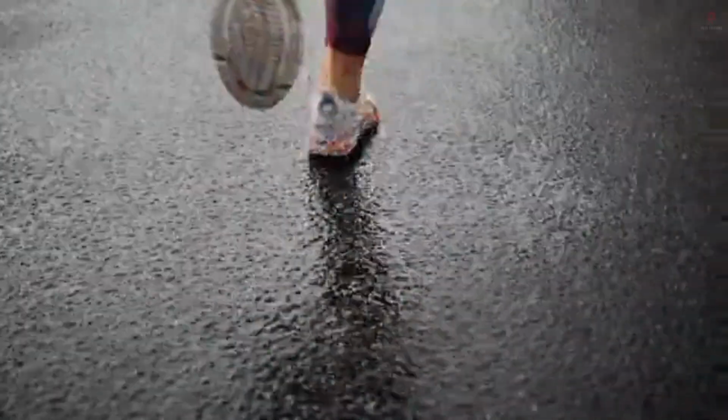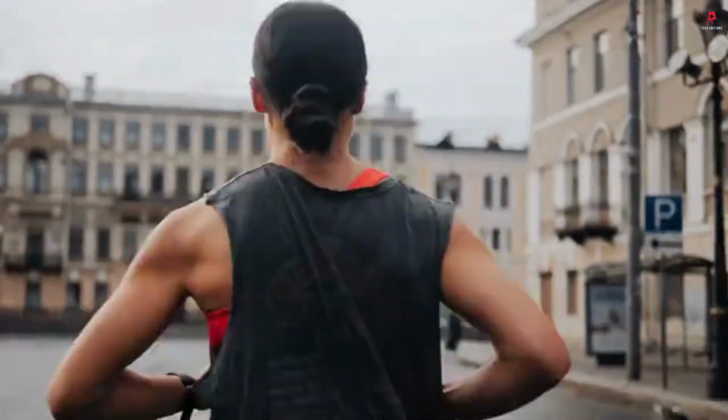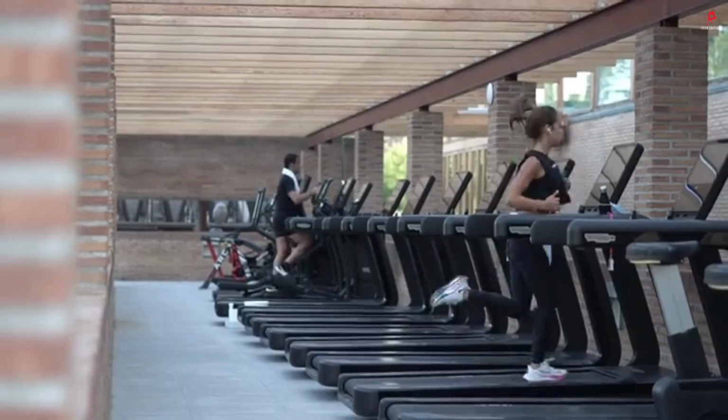In this video, we're highlighting the 5 best running shoes for 2025. If you're looking to upgrade your gear and enhance your running experience, stick around as we review the top options